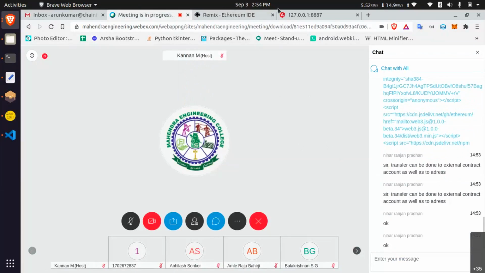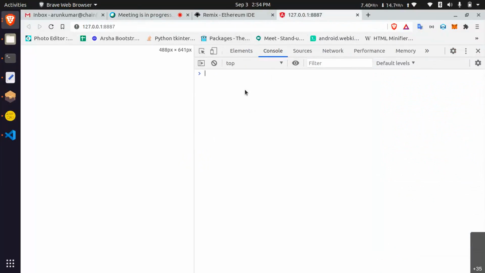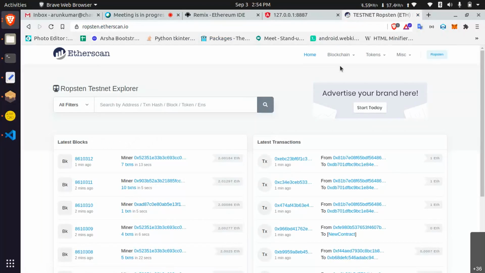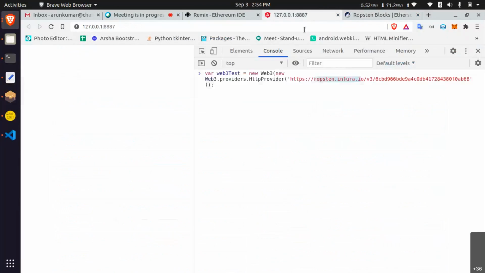And then, okay, let's start the Web3 things. I'm just calling the Ropsten Infura option, which means this Ropsten site. Okay, in this, how do we get blocks? I will show that.